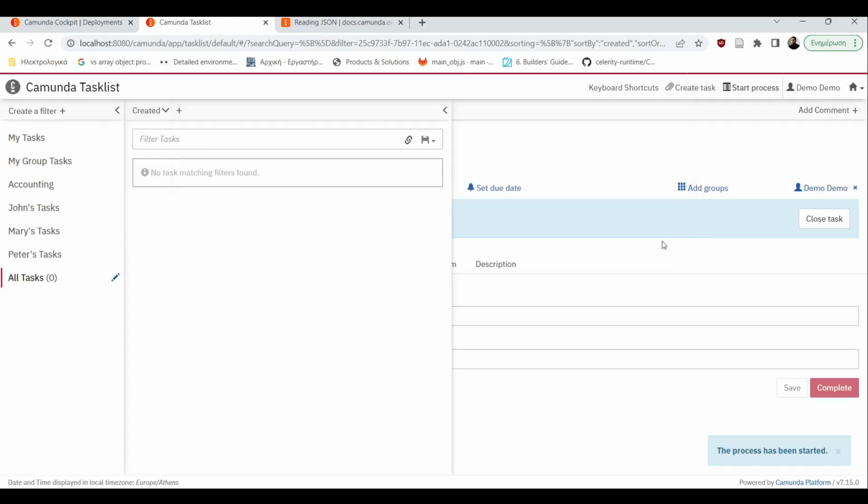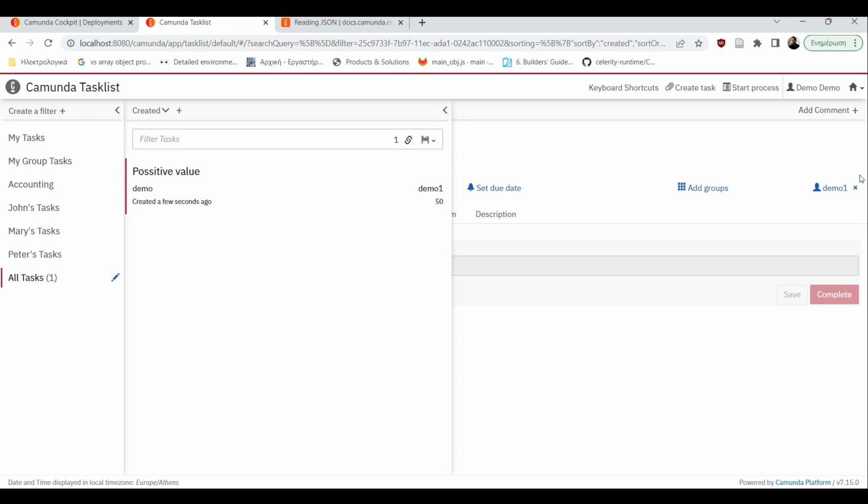We click on start. Of course, if you remember in our previous lesson, we defined this sensor reading variable and we assigned it true. So the positive value task is activated, and the assignee is demo, the user demo1. We can claim it. We click on complete, and then